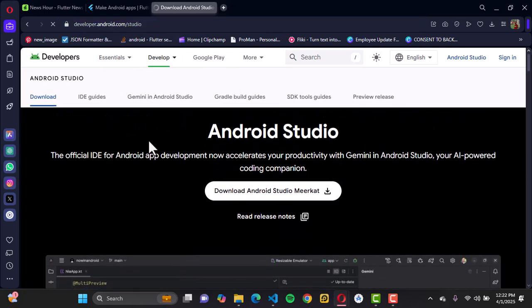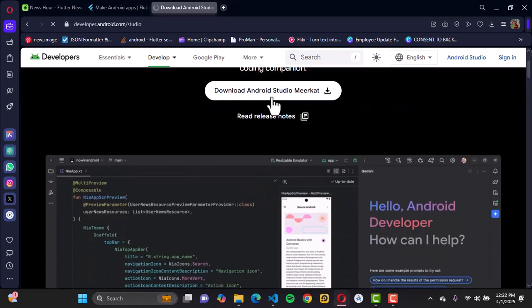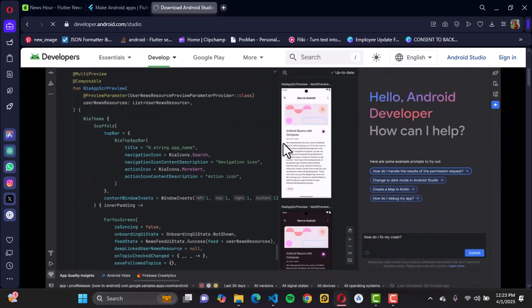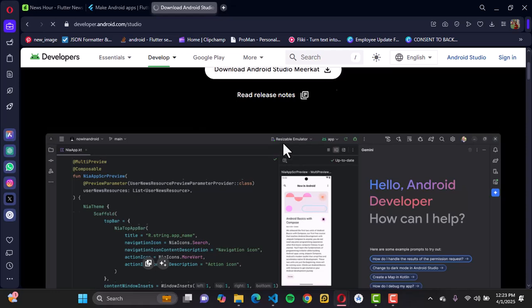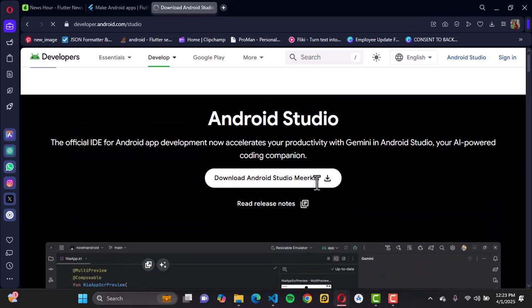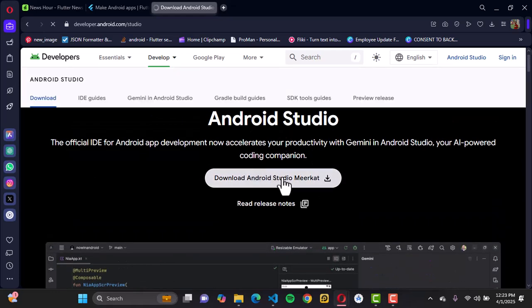So in this site, you just want to go ahead to first of all read documentation as usual. Just get to understand what Android Studio is all about, know your way around Android Studio, read the latest features or previous features. Just want to get your hands into Android Studio and read more about it. So the current version of Android Studio at the moment is Android Studio Maker, and once you click on this